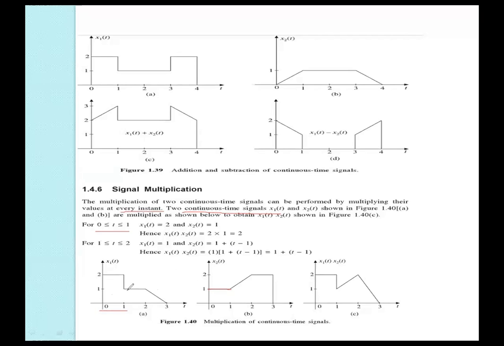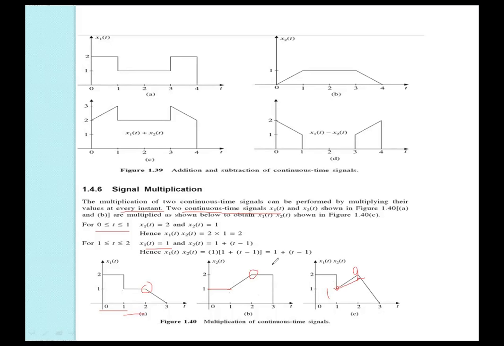And in the 1 to 2 range, x1 of 2 is 1, x1 of 3 is 1, and in the 1 to 2 range, x1 increases gradually, depending upon the value, it is 1 plus t minus 1. So forget about that, you can see it at 1 and at 2 only. At 1, the value is 1 here and here also the 1. So in both cases it's a 1 only. And at 2, the value is a 2 here, and at 2 the value is 1. So 2 into 1, the value is a 2. So definitely from 1 to 2, it increases.